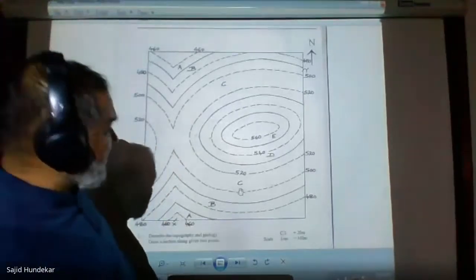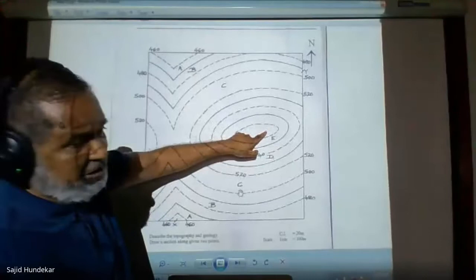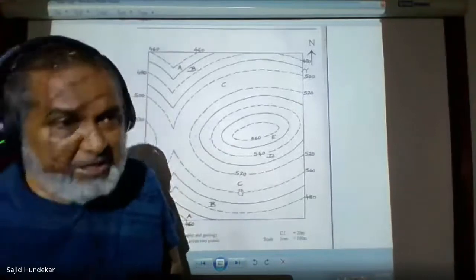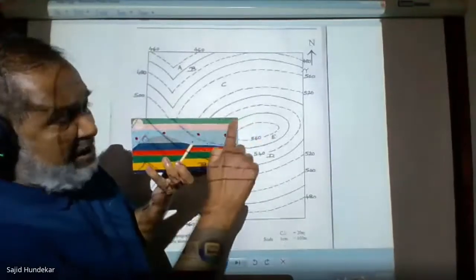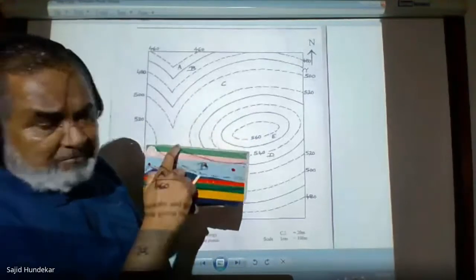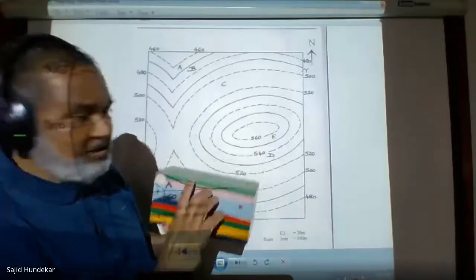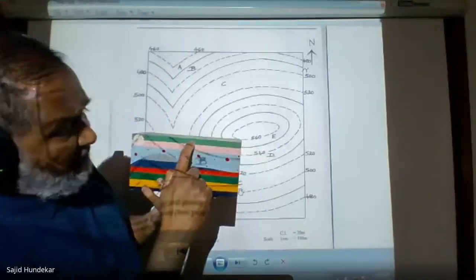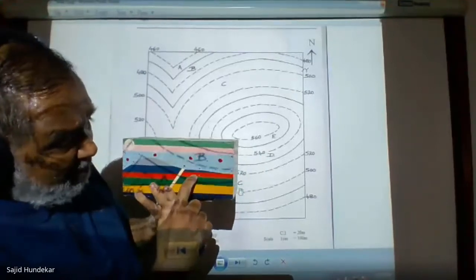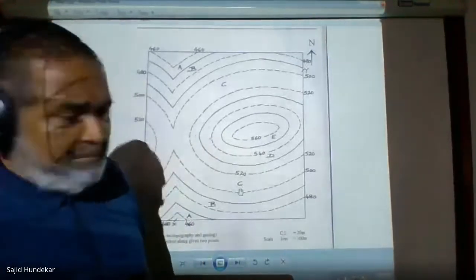Now we'll find out the thickness of the bed. We'll start from E. You can see the ED junction is there, but the EF junction is not there. That's why E will be called the youngest bed, where we could not find the upper junction. For example, here we have a block. This green bed has a bottom junction, but the top junction is exposed, and no other upper bed is there. So we could not find the correct thickness of this particular bed. But the pink one you can find out. Green one, blue one you can find out. The dark blue one, orange, green, yellow, and dark blue. So these are the various colored beds we can easily find out.